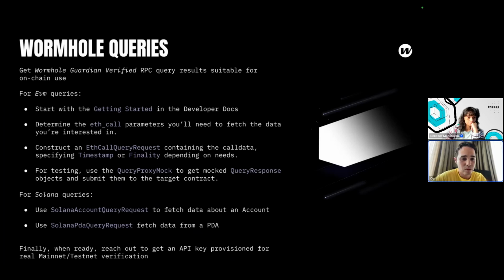So we've got ETH calls, ETH call with finality, Solana account query requests, and Solana PDA query requests. Finally, we're always committed to making queries as developer friendly as possible, with ongoing work on the SDK, docs, and developer tools. So yeah, without further ado, let me jump in and